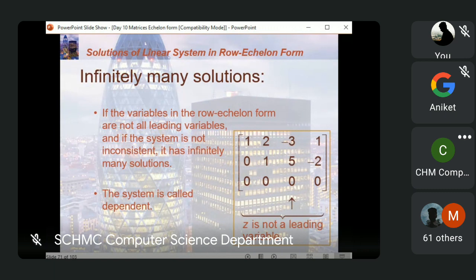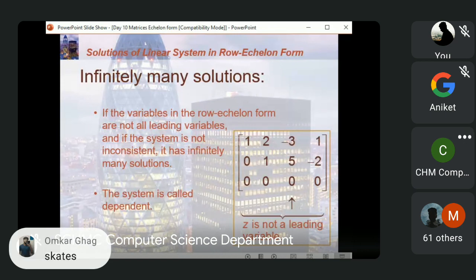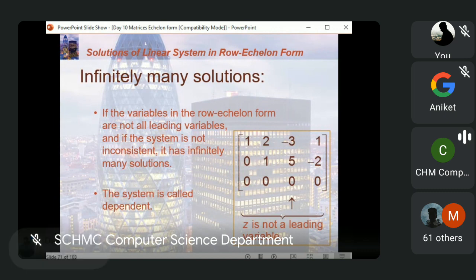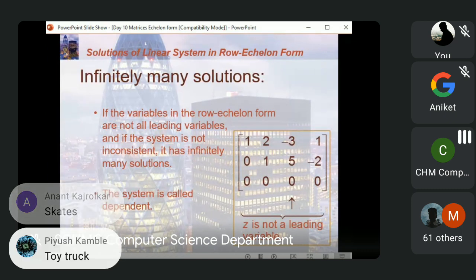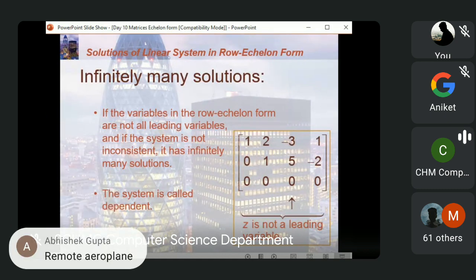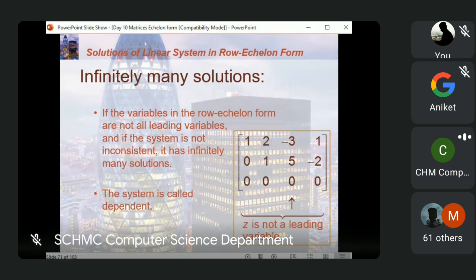See, the gadget can be anything. Aman Singh, any gadget. Right now, I am simply saying it could be skates, it could be a patient table. A patient table usually has four wheels, but it could be that too. I can say drone also, toy truck also. I just gave you one example where I had not defined anything else. And see, a remote aeroplane came. So you are giving me so many answers for it. So it has infinitely many solutions.